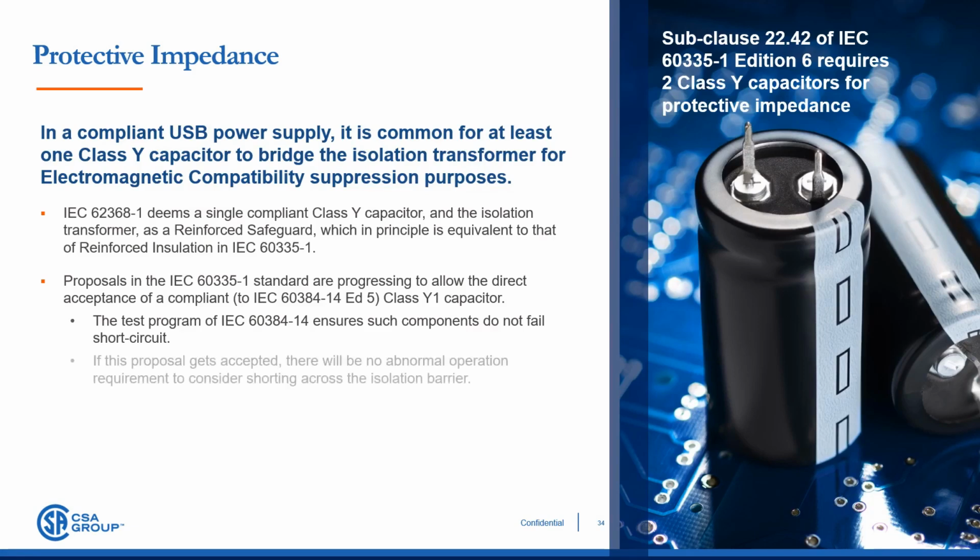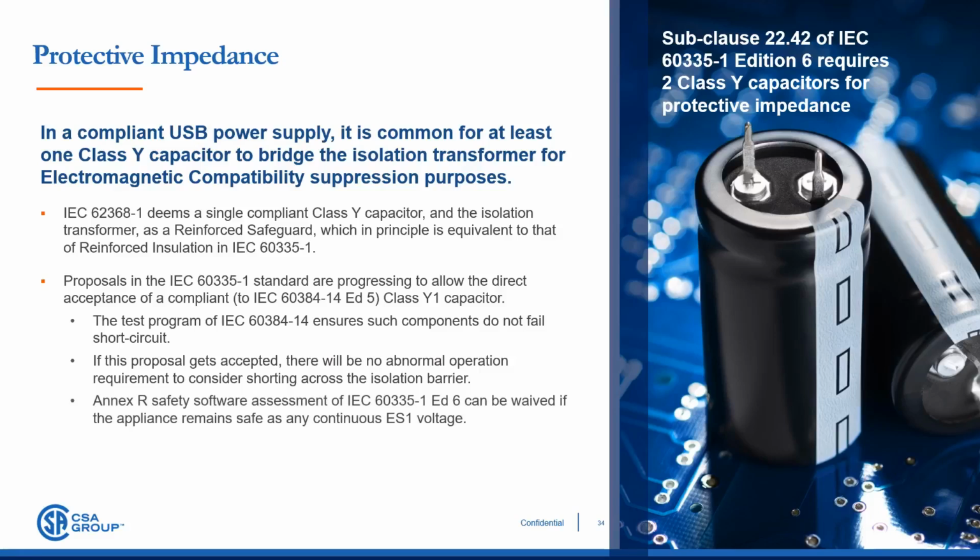The secondary side of the transformer is limited by the output of the primary side. The single fault assessment in the relevant end product standards is required for each part of the power supply equipment system, but the worst case output must still be within ES1 limits to be compliant to the IEC 62368 series. The software negotiation of power can be deemed to not be relied upon for compliance if the appliance remains safe for any possible output. Therefore, the Annex R assessment of IEC 60335-1 can be waived if the appliance safely tolerates any ES1 voltage continuously into such ports.